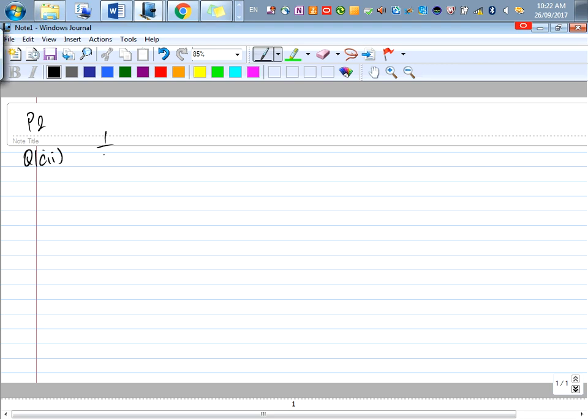We are given 1 over u plus 1 over v equals 1 over f. We want to express v in terms of u and f, so make v the subject. First, I try to isolate my v term. In this case, I only have one v term, which is 1 over v equals 1 over f minus